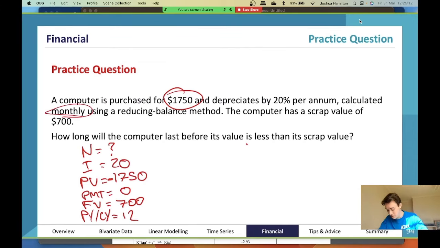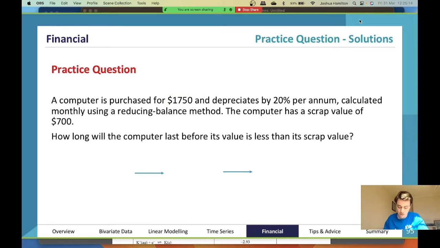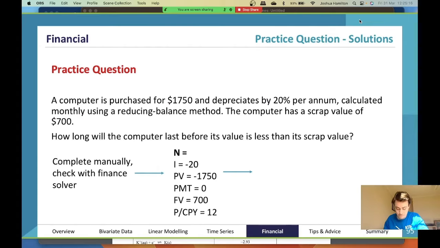I then go to my calculator and I do it in my calculator, and you'll find that your answer here, completed manually with Financial Solver, I get the answer of 55 months. So how long will it take for the computer to be less than its scrap value? That's 55 months. So really important. Now, this answer here, I believe, is something like 54 point something. Let's just say 54.8. I don't know what the exact answer is, but I think it's something like 54.8. And so when you get 54.8,